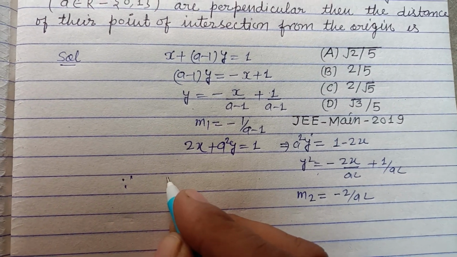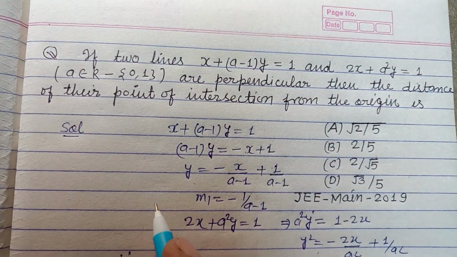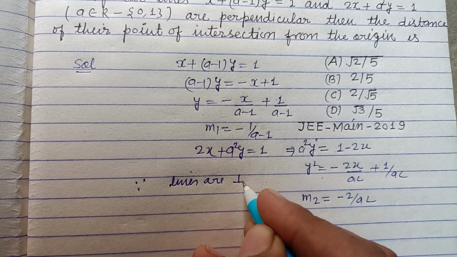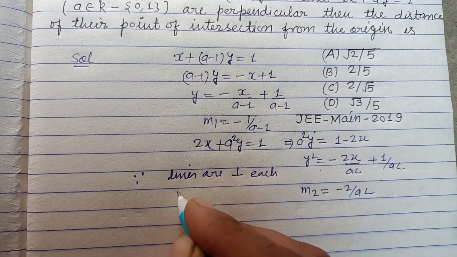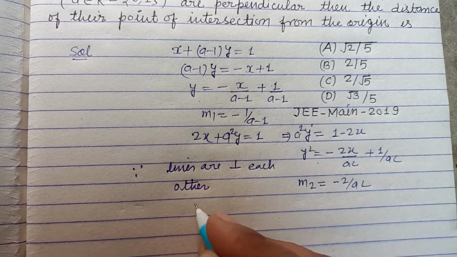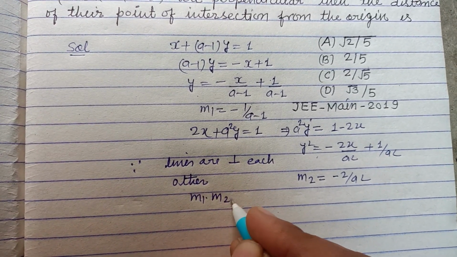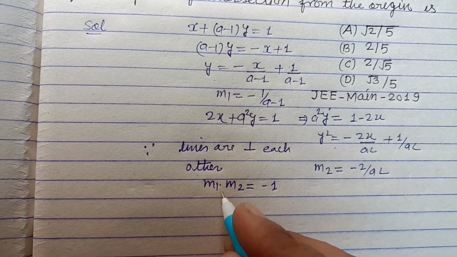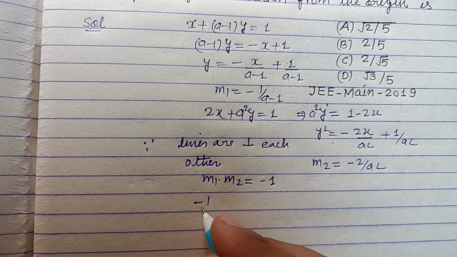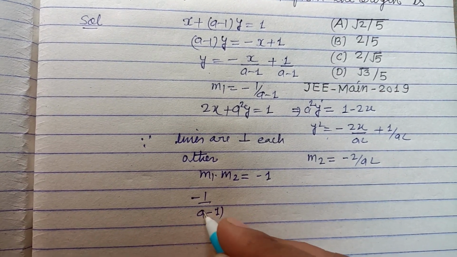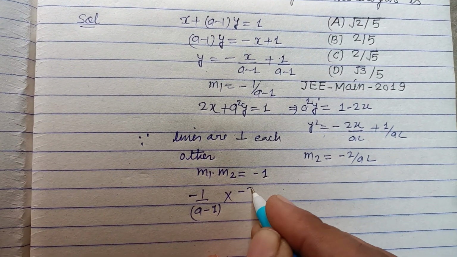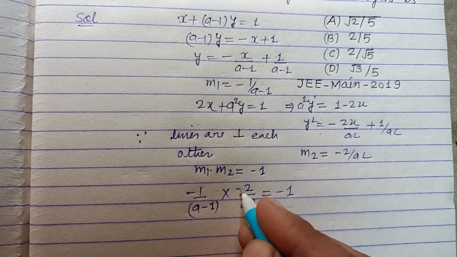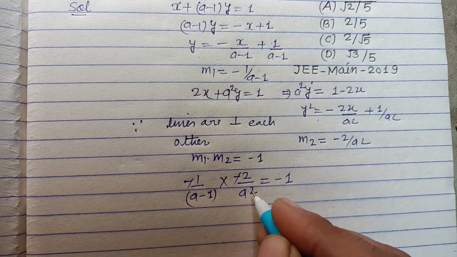Since it is given that the lines are perpendicular to each other, therefore the product of their gradients equals -1. So putting these values here, m1 is -1/(a - 1) into m2 is -2/a² equal to -1. So this becomes positive, and